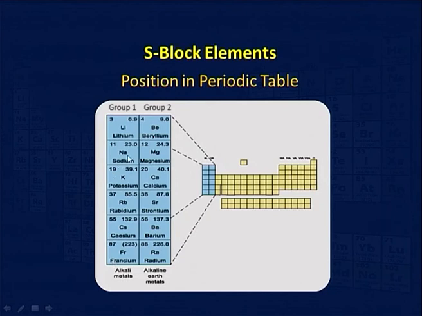Now sodium has the symbol Na. Na does not seem to justify sodium. In fact, its chemical name is natrium, and K is given the name potassium, which is the more common name. Otherwise, the chemical name for K is kalium. So we have told you the chemical names as well as the other names. So this is lithium, sodium, potassium, rubidium, cesium and francium.